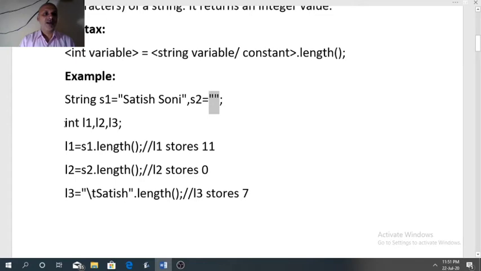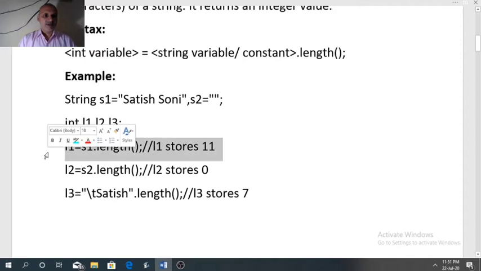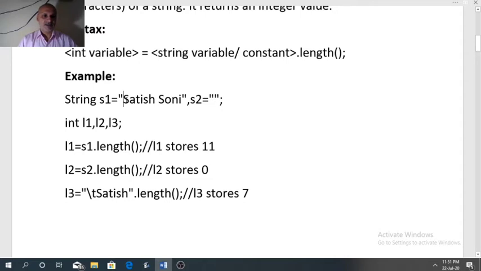Now to find the length, we have three variables of integer type L1, L2 and L3. Now L1 equal to S1 dot length. So if you count the number of characters present in S1, 1, 2, 3, 4, 5, 6, 7.